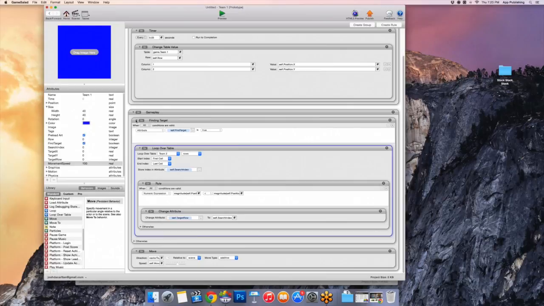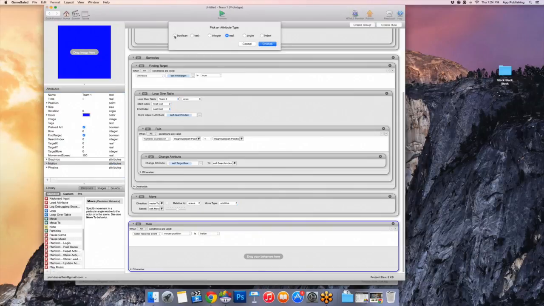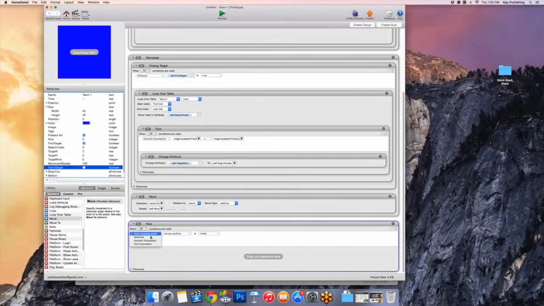Now we're going to make a rule to track the target. So we'll create a rule here, and now we're going to create a self attribute, actually it needs to be a boolean. Self attribute boolean called track target. So when this is true, down here, when track target is true,